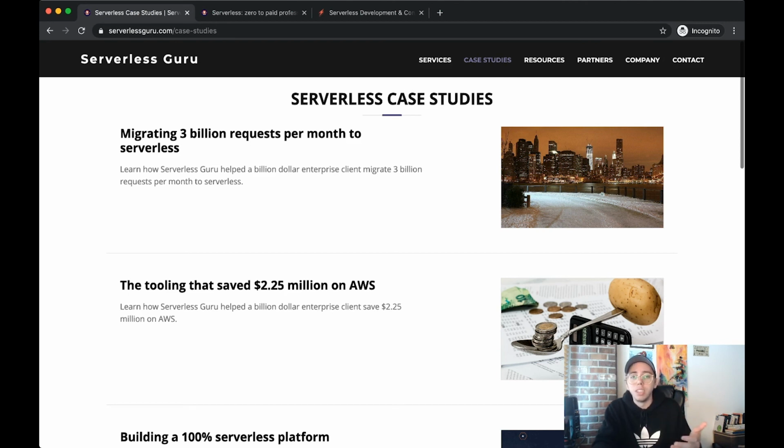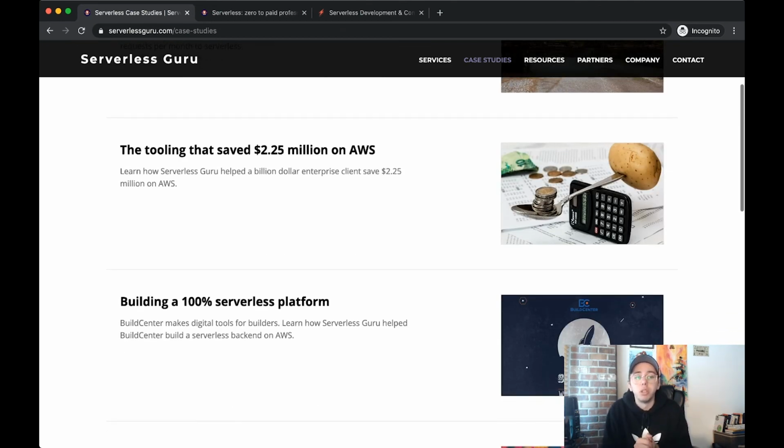The developer velocity and all the different aspects there were immense. Then the other project that we've done before is we built tooling specifically that saved $2.25 million for a client on AWS, right? So we had a client that had black box servers. They were operating on AWS. They had a team of people that were managing these servers. The people that actually built them had left the company since then, and so there was a whole bunch of